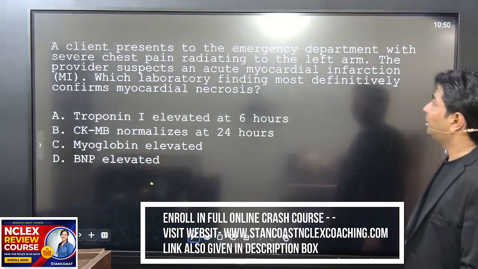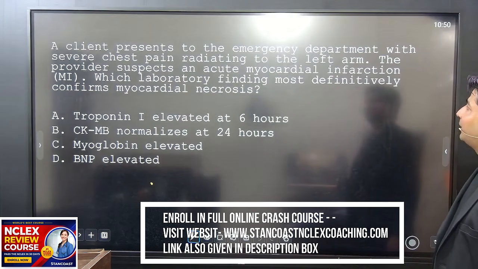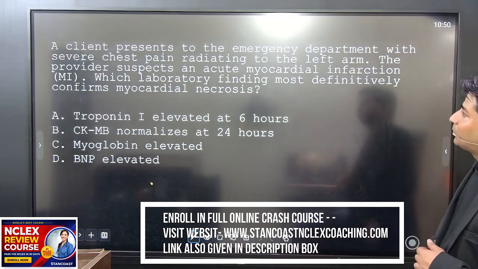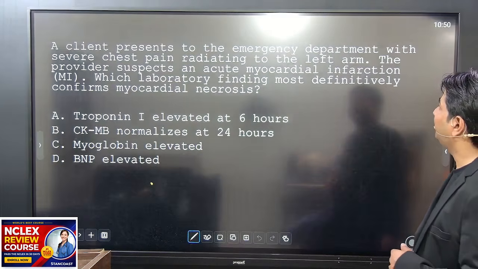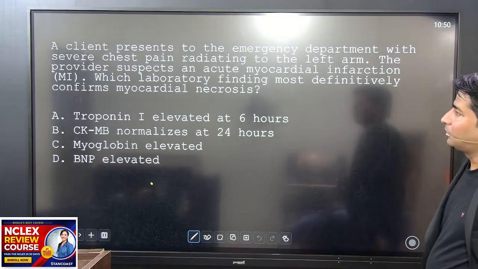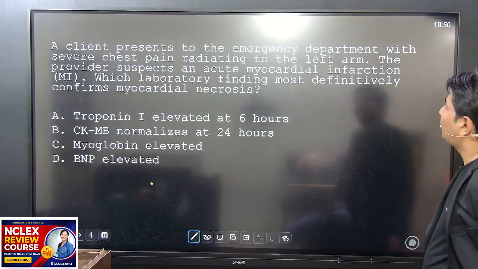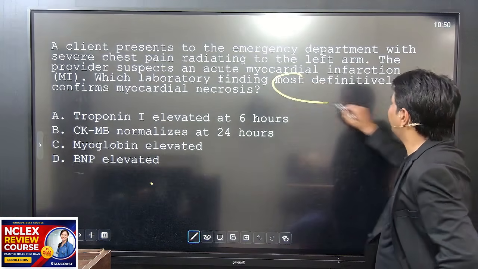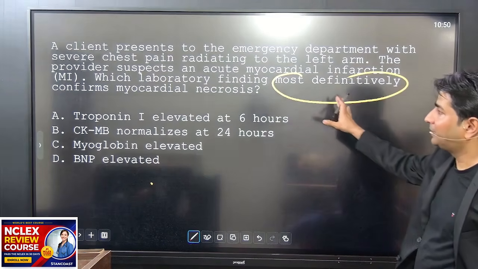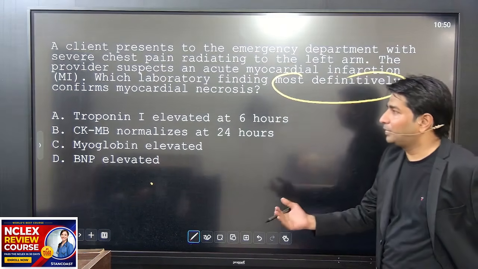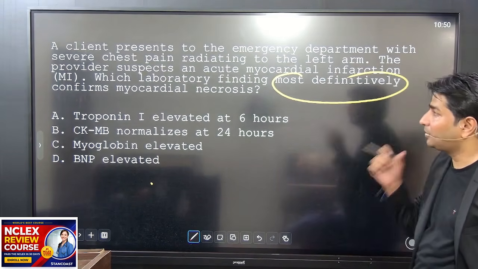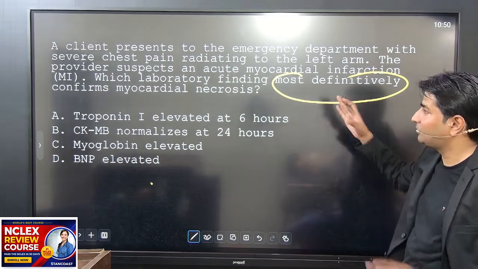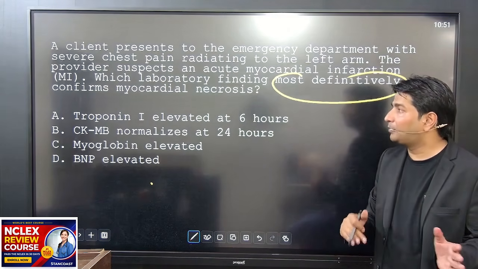A client presents to the emergency department with severe chest pain radiating to the left arm. The provider suspects an acute myocardial infarction. Which laboratory finding most definitively confirms myocardial necrosis? This means most definitively. So if a patient has an MI, then certain enzymes in the blood will increase. But out of those enzymes, which one most definitively tells us it's elevated due to